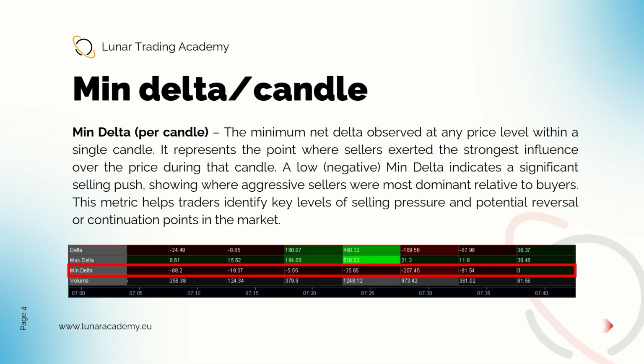On the other hand, min delta shows the peak dominance sellers achieved during a specific candle. For example, in a 5-minute candle, delta might drop to minus 1000 at one point, but later buyers reduce it to minus 500. The regular net delta would then show only minus 500. But min delta reveals that sellers were once in control with a minus 1000 delta, highlighting the strongest selling pressure